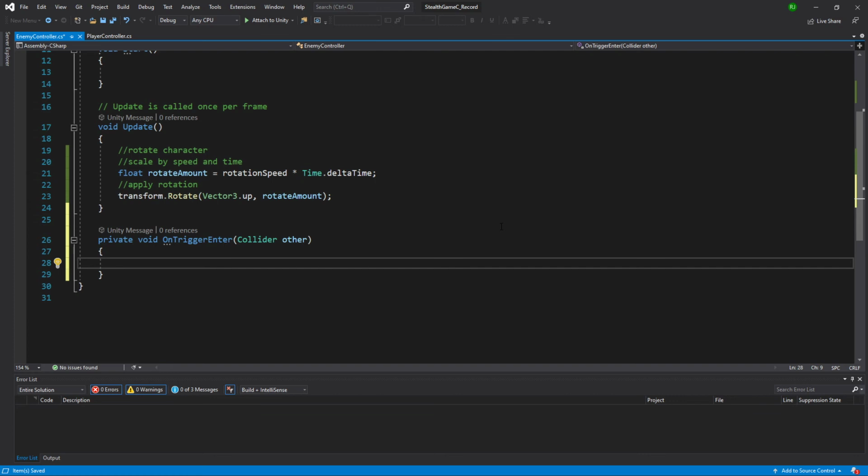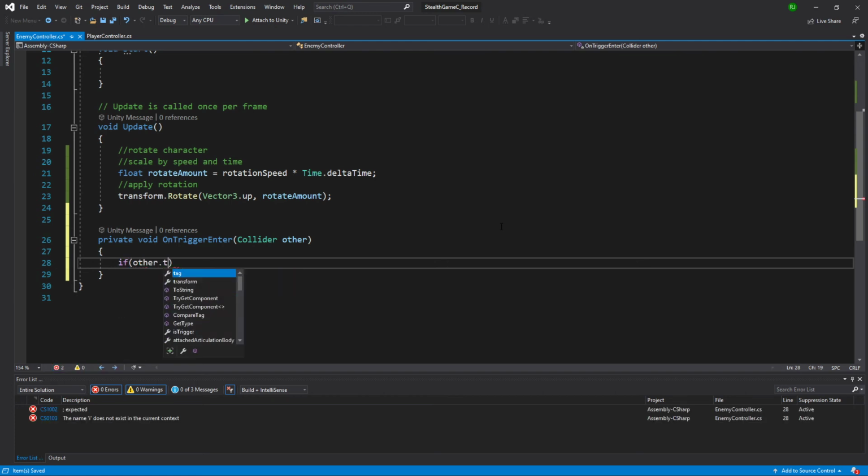Now, is this trigger volume hitting things besides the player? Yes, it is. It's hitting level geometry. So how do we know the difference between the other in this on trigger enter, the difference between the other being the player versus level geometry or another guard for that matter? Well, we're going to use tags. Thankfully, there is already a tag set up that's called player that we can use, which is going to be quite awesome. So I can just ask the question, if other.tag,